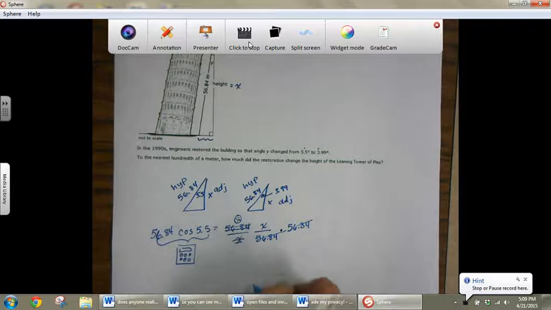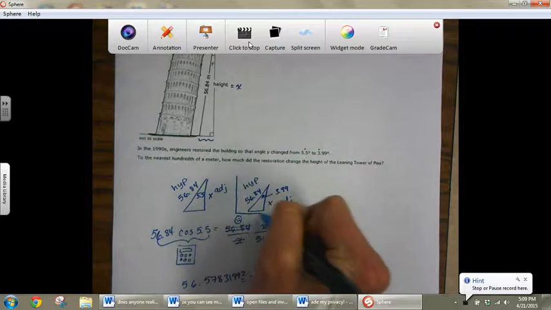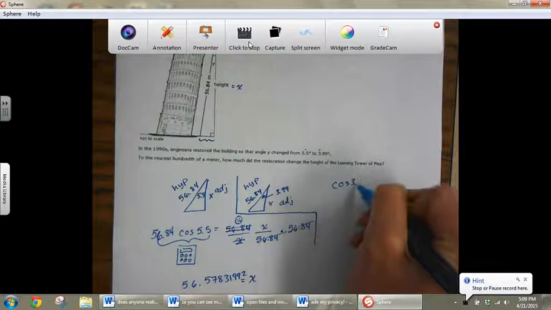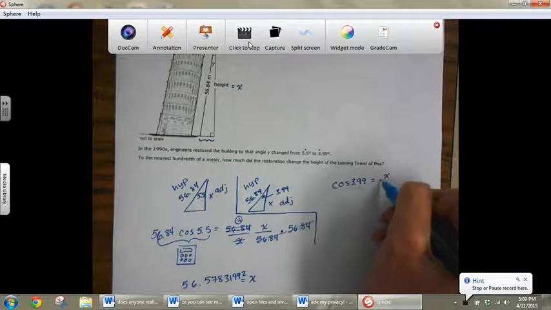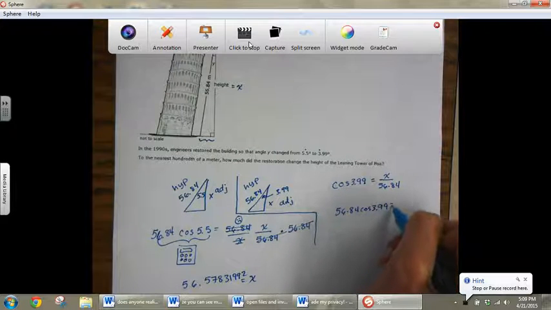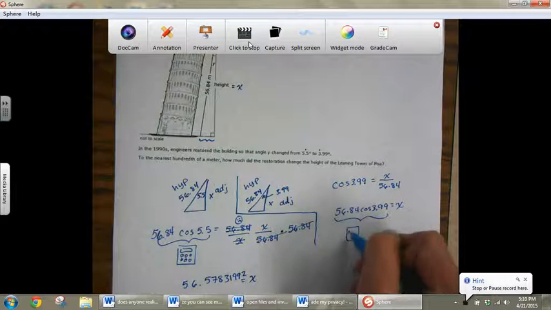Okay, anyway, for this one, x equals 56.57831992. I'm going to go ahead and do it for the other one. Okay, so I can say the same thing, cosine of 3.99 equals x over 56.84. So 56.84 cosine of 3.99 is x. And then if you put that in your calculator,